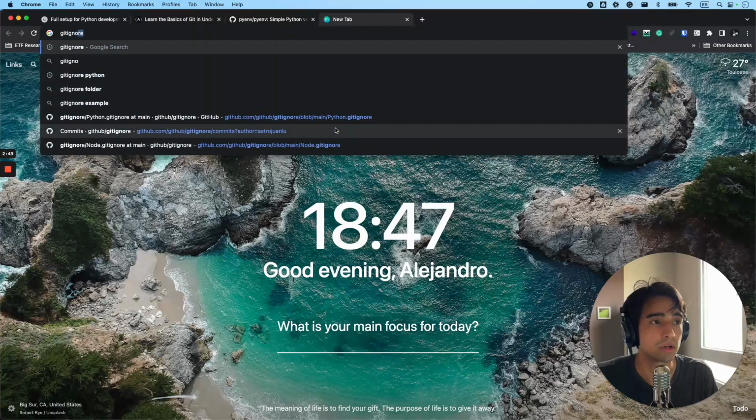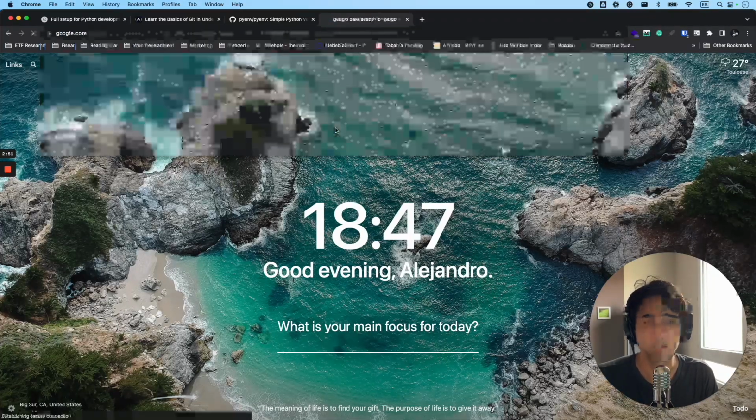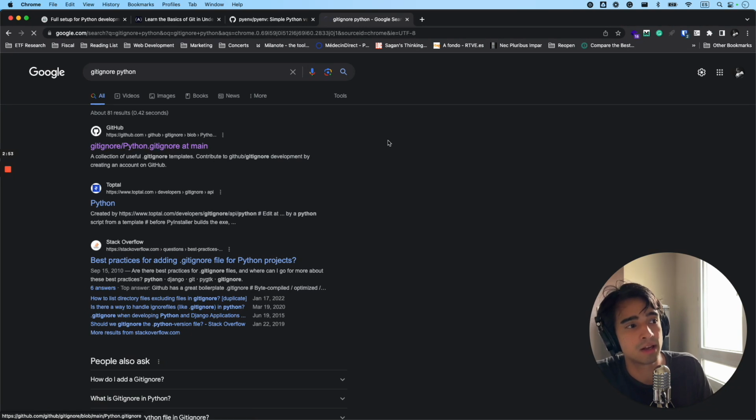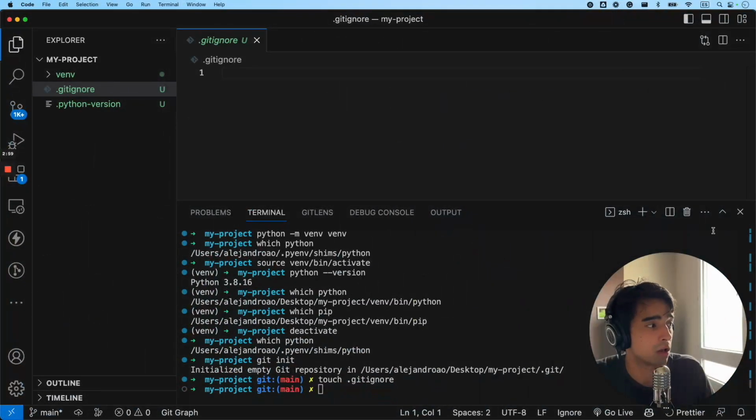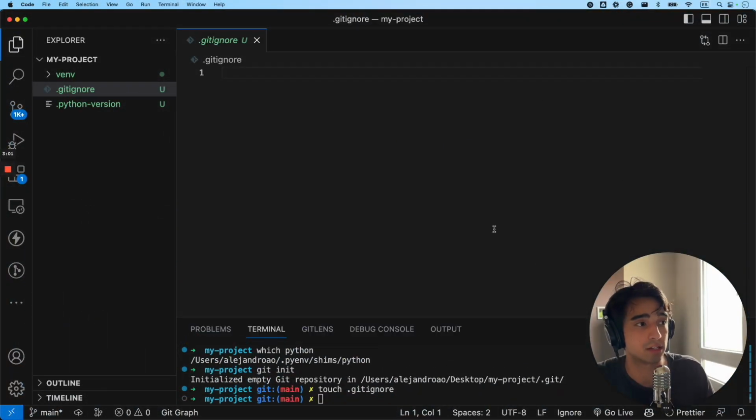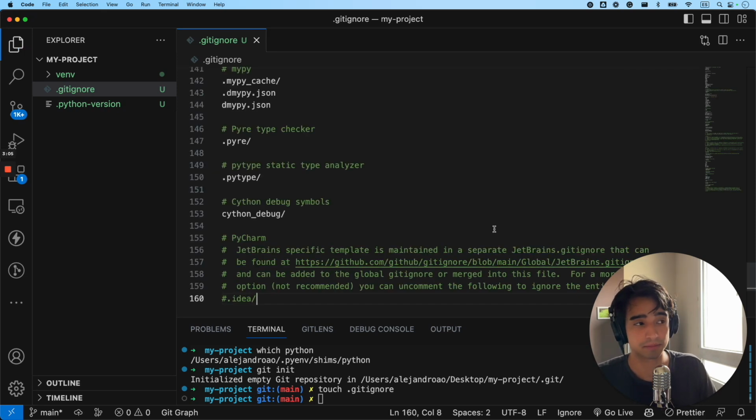Okay, so in order to fill it, I usually just go for a very generic gitignore. So I search for gitignore for Python. It depends on the technology that I'm using, but for Python, I just click here. And this is a very generic gitignore. It contains all of the usual things that you wouldn't want to be tracked on your Git repository. And this is very important because